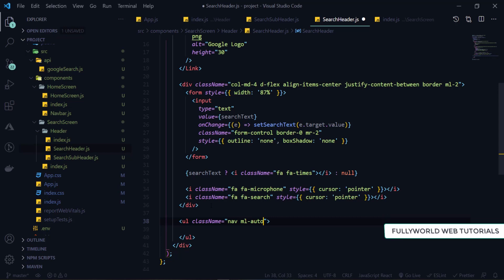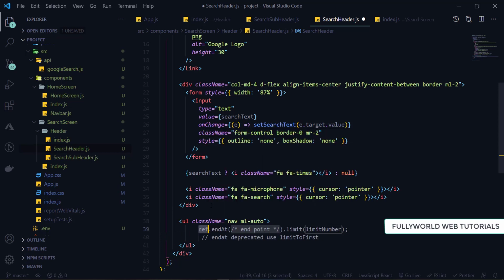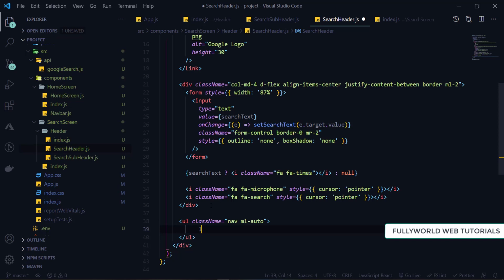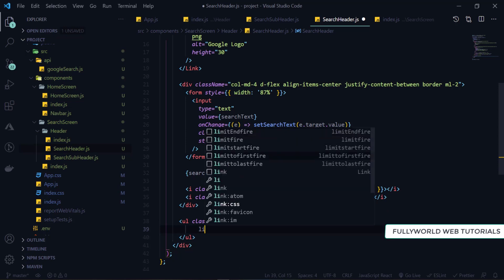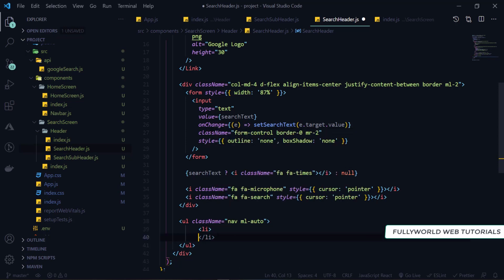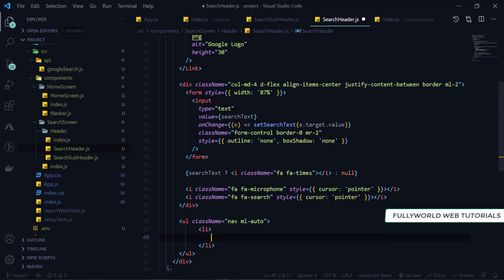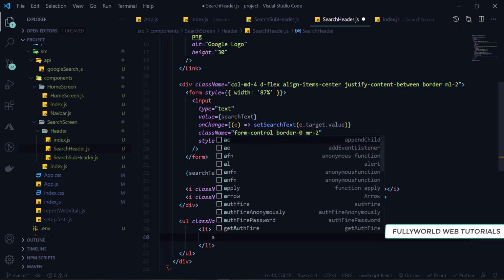So href will be slash. And here we want alt also. So alt will be anything like apps here, and then here I'm going to apply our I tag.